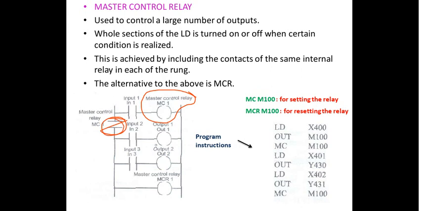Once the MC1 contact comes here, whatever are the subsequent rungs till you get the master control reset somewhere later, all whatever we have here are under the control of MC1. So now to tell you about that in a precise